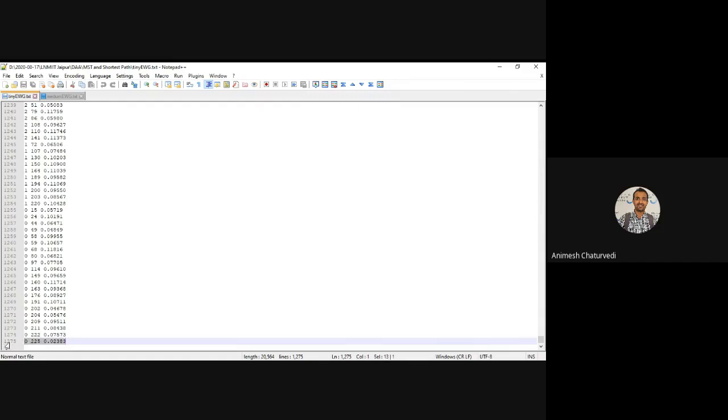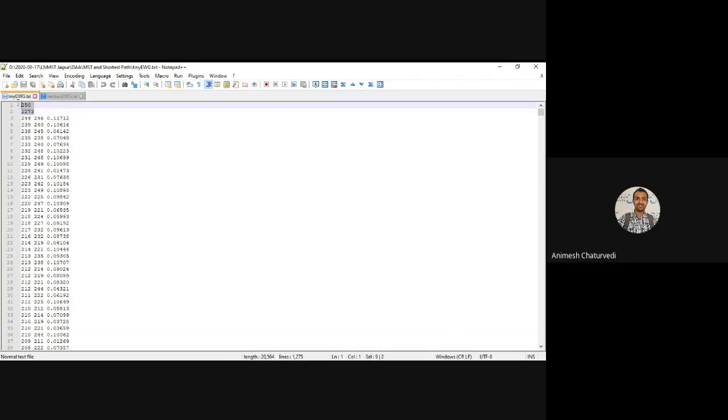Why two more edges? It is not two edges more, the two lines are more for this. The first line contains the number of nodes. This is the source node, this is the target node, like node 239, node 240, node 235, node 238, and this one is the weight of the whole edge.